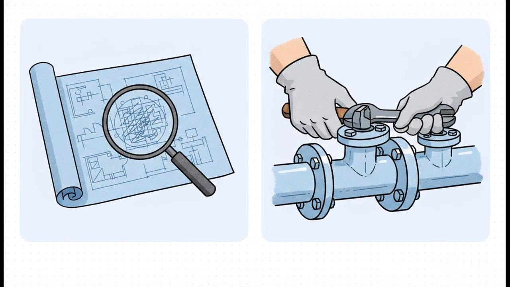Now, you're going to hear the words code and standard thrown around together a lot. People often say them like they're the exact same thing, but they're really not. A code dictates high-level requirements. It tells you what you need to do. It sets the overarching rules for design, fabrication, erection, and testing. A standard, on the flip side, tells you exactly how to do it. It contains the highly specific design and construction rules for individual pipe components, the materials, and the equipment.